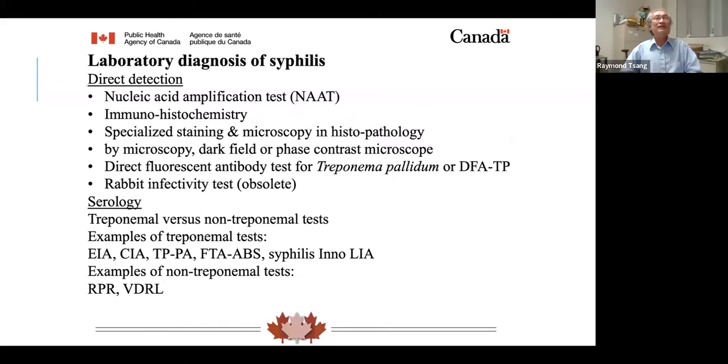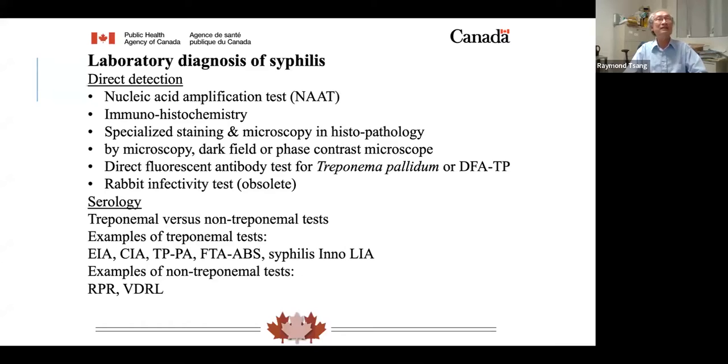So moving on to laboratory diagnosis of syphilis, there are two ways to do that. One is by direct detection of the bacteria or its nucleic acid, and the other is by serology, measuring the antibody response to syphilis infection. For direct detection, nucleic acid amplification is one method, and the common nucleic acid amplification test is PCR. Another method is using immunohistochemistry to detect the organisms using specific antiserum and enzyme reactions